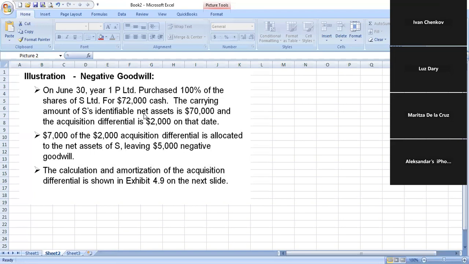So in this case, we're now back to 100%. No more messing with the non-controlling interest and anything like that. On June 1st, this company purchased 100% for $72,000 cash. The carrying amount of the identifiable net assets is 70,000. Acquisition differential is 2,000 on that date. 7,000 of the acquisition differential is allocated to the net assets, leaving 5,000 of negative goodwill. Now the calculation will be shown, not on the next slide, it's going to be shown right here